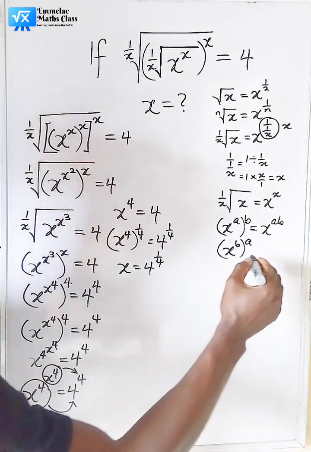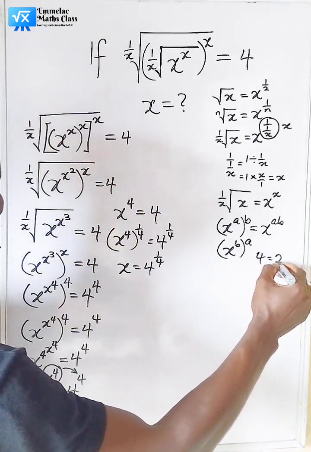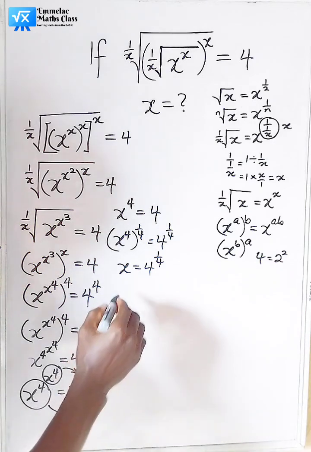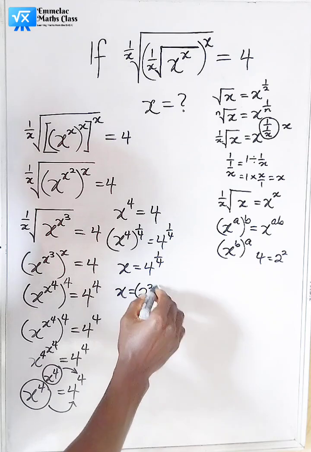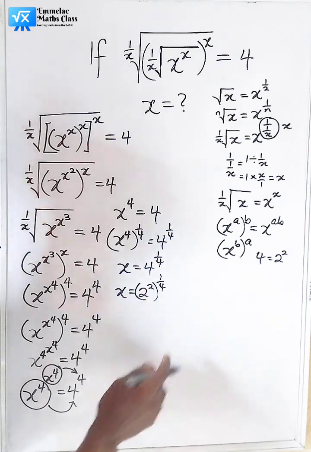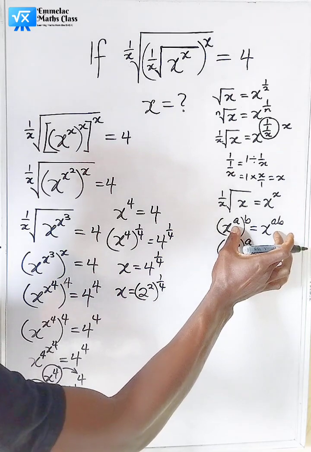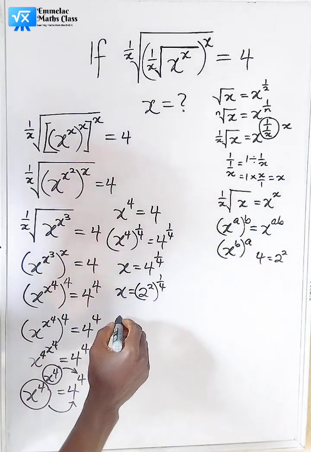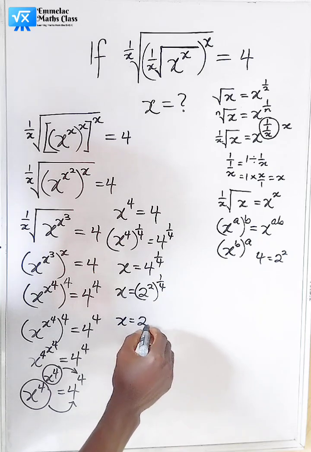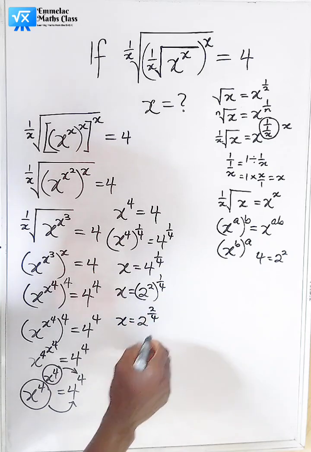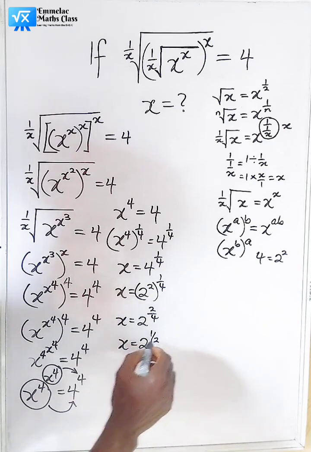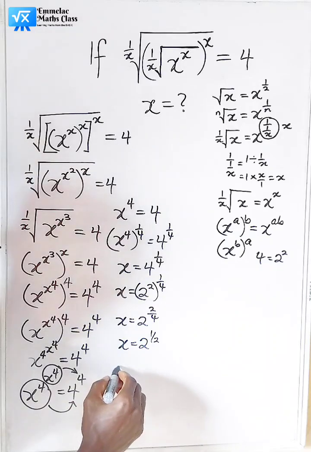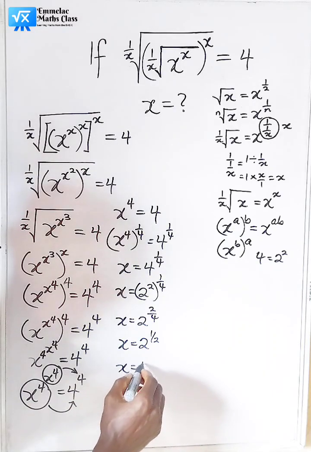Now we know that 4 is the same as 2 raised to the power of 2, right? So here we have x equals 2 raised to the power of 2, or raised to the power of 1 over 4. And if I follow this rule here, we can multiply, and by multiplying we have x equals 2 raised to the power of 2 all over 4. Then x will now give us 2 raised to the power of 1 all over 2, which means x equals the square root of